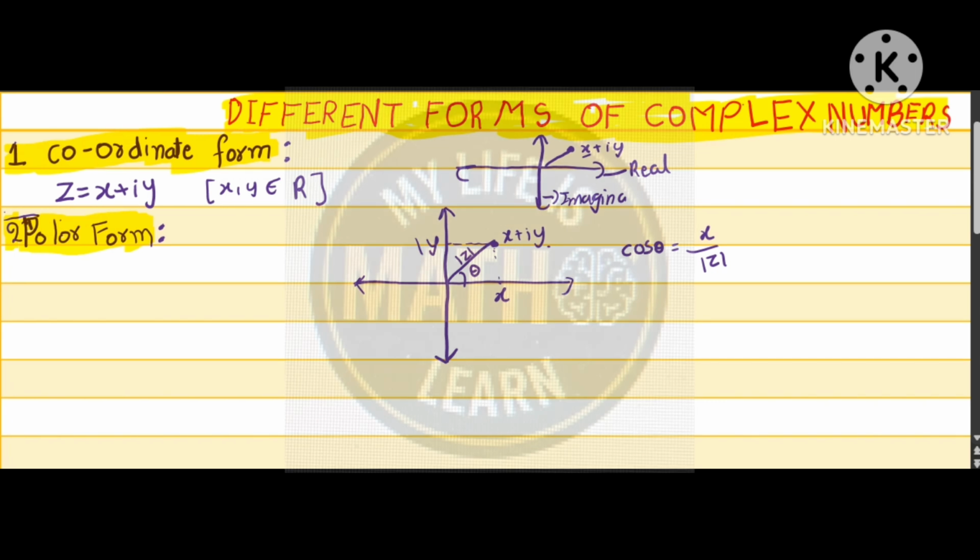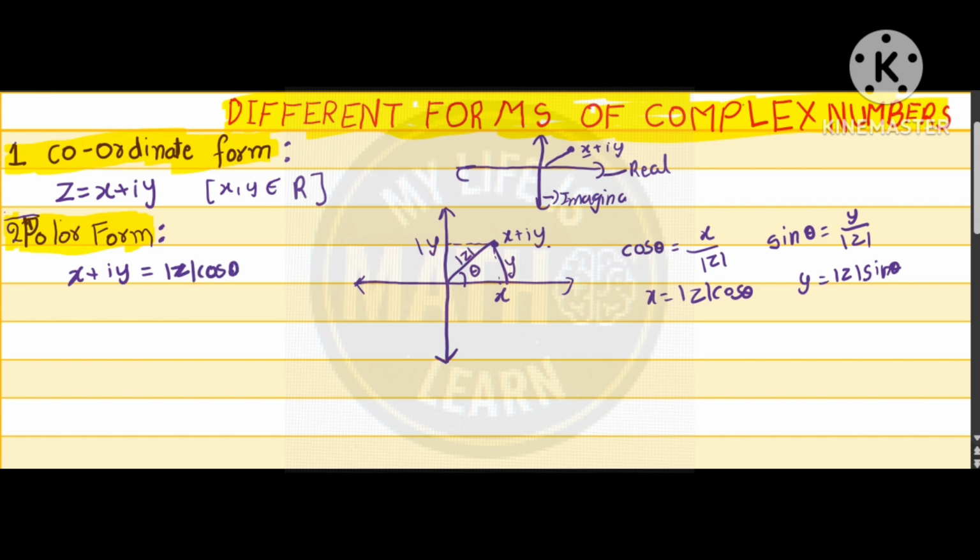We learned about that in the previous video. So cos theta is equal to x by mod z, and sin theta is equal to y by mod z. So x is equal to mod z cos theta, y is equal to mod z sin theta. Replace the x and y in the general form x plus iy: I will replace x as mod z cos theta and y as mod z sin theta. Z is equal to,